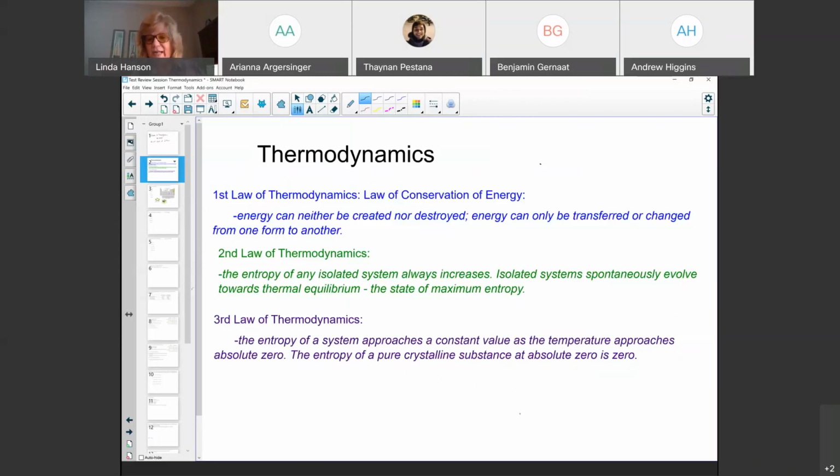First law of thermodynamics was actually last module, looking at energy cannot be created nor destroyed. It sounds an awful lot like the law of conservation of mass, doesn't it? Where we say matter cannot be created nor destroyed, just converted from one form to another. And I know that we talk about converting one type of energy into another, kinetic into potential, or chemical energy into mechanical energy, and so forth. So that all kind of wraps up first law.